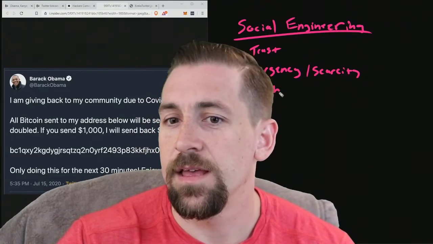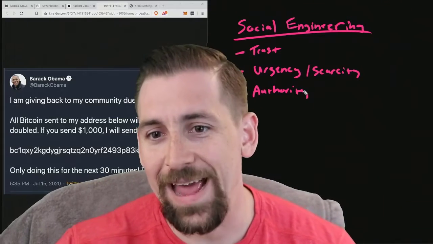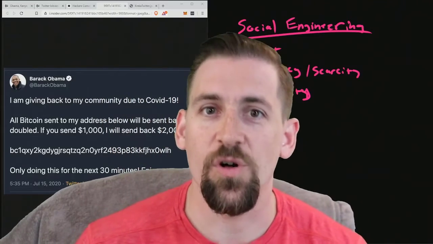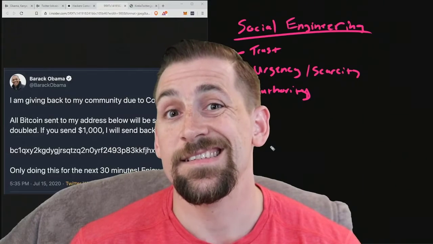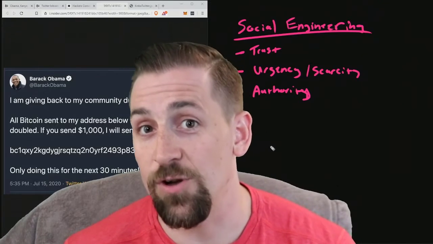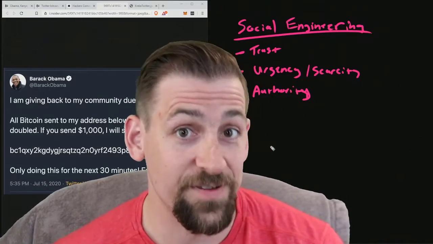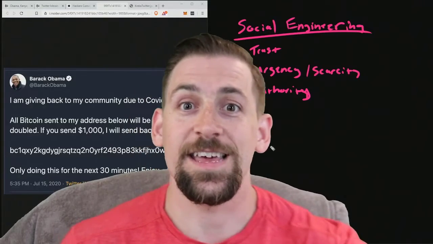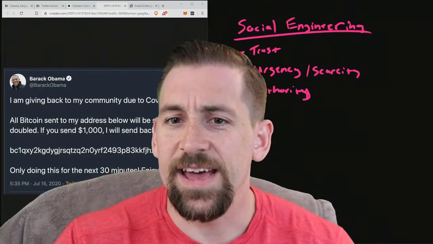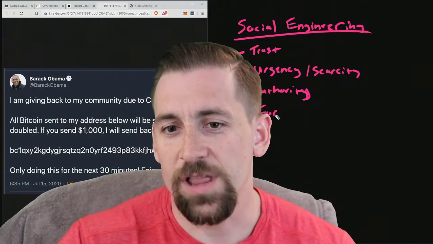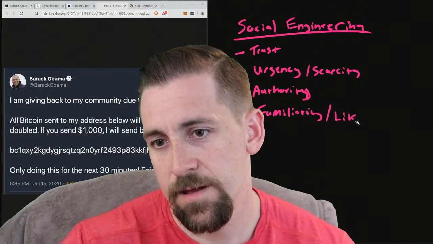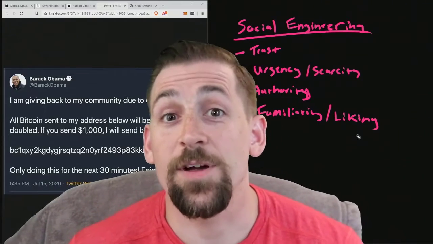Authority. Again, any number of authority-based social engineering attacks. A lot have to do with taxes or police or you're in trouble, or sometimes these phishing email attacks come from CEO email accounts of the company you're an employee of, and now you take them very seriously because they're an authority figure in your organization. But the email source address was spoofed. And then finally, familiarity or liking. These are some of the primary components of social engineering.